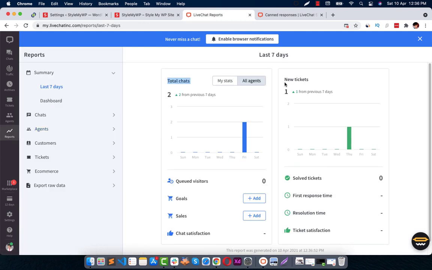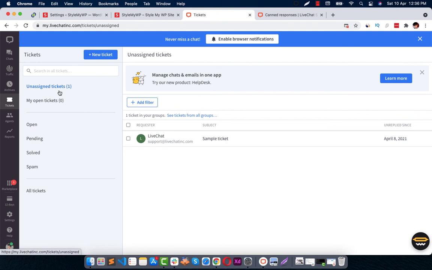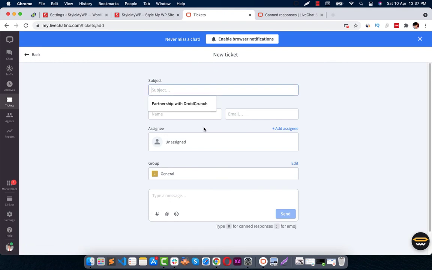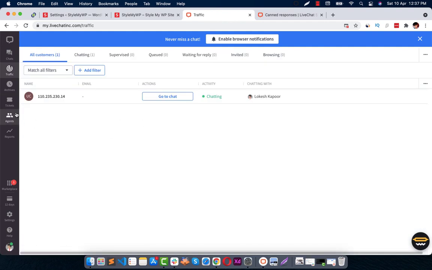So the total chats, new tickets solved, all these things. If the conversation turns into a ticket, you can also use the tickets feature. You can mail your existing client as well. You can also use some integrations which we will talk about in the next video.